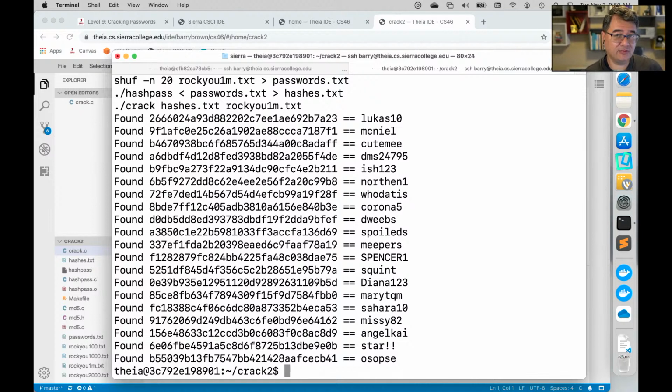So the reason for this pausing is twofold. One is, of course, there's now just more words to go through. And so when you try to crack a specific hash, it has to compare that against the hashes of potentially up to 1 million possible candidates. And it's going to find one. Eventually it finds it, and then it moves on to the next one. And then it has to compare it against the hashes of 1 million or so candidates. So it's scanning through that Rocky file over and over and over again.